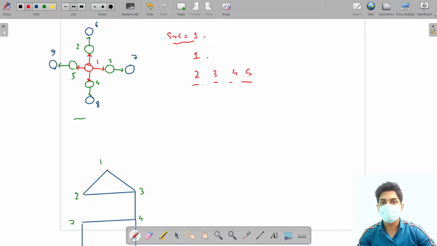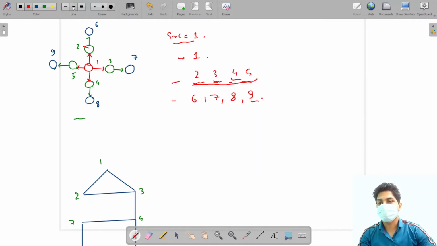Now for whichever nodes we printed, we have to print those nodes which are 1 unit away from them. From 2, how many nodes are 1 unit away? There is only one node, 6. 6 will be printed. Now no more nodes are 1 unit away from 2, so we move on to the next one, 3. There is only one node 1 unit away from 3, that is 7. We'll print 7. Now 4: there is only one node, 8, which is 1 unit away from 4. So we will print 8. Now from 5 there is one node, 9, that is 1 unit away from 5. So we'll print 9. Okay, so in this way breadth first traversal is done.